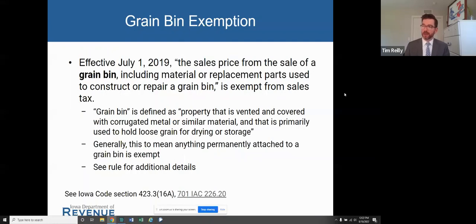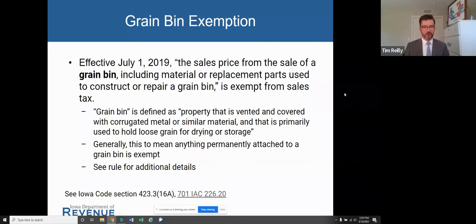If I recall, when Paul gave that presentation, we had not yet enacted our administrative rules. But we do have rules now. They're linked there at the bottom in Chapter 226, as opposed to Chapter 219, which covers construction. 226 is the agricultural rules, so that's where we put this rule.